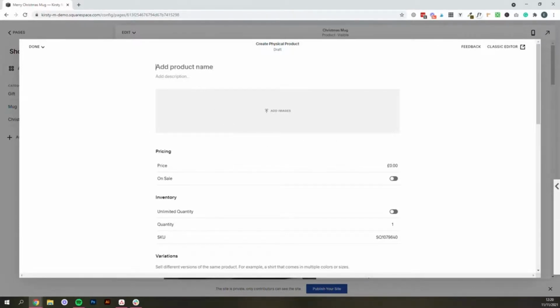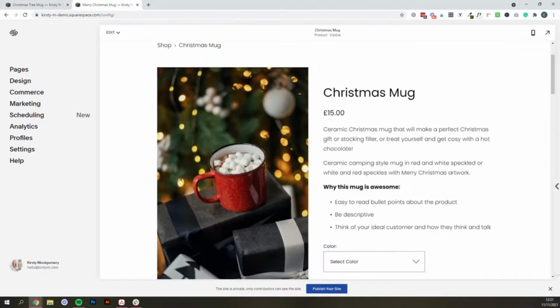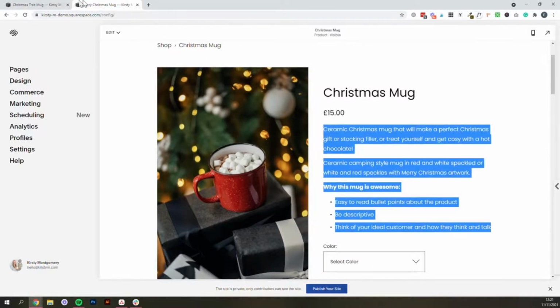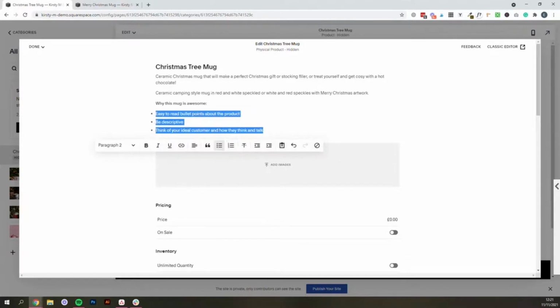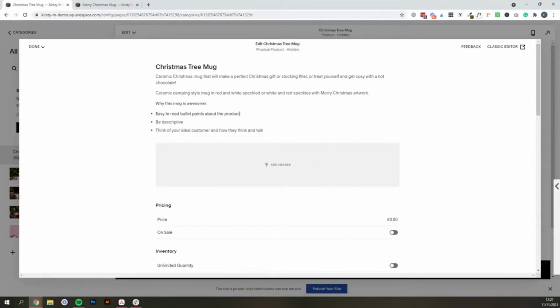Then we're going to be adding in our description. And in this example, I'm just going to copy what we've already got, although I wouldn't recommend that in real life. Do make sure that each of your descriptions are unique. They speak specifically to the product itself. You can share the same overall format, so you've got that attention-grabbing welcome sentence that speaks directly to your customers and their emotions. Then you've got maybe the more technical description of the product. Then you've got the bullet points. You can keep that structure, but make sure it's not just a direct copy paste,